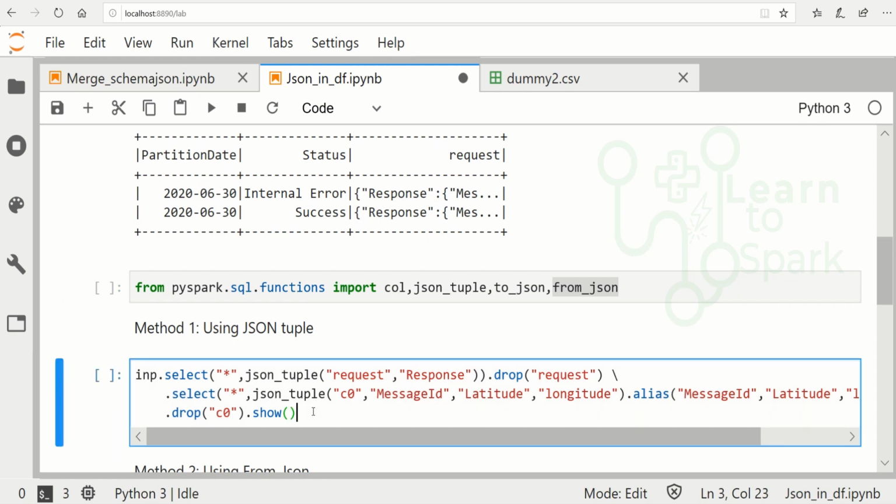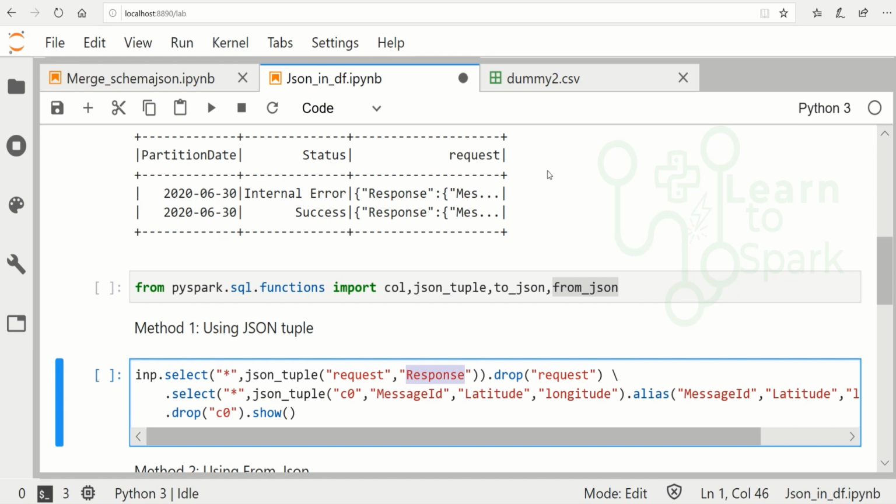Since it is a column of type string that has JSON content in it, we can directly use json_tuple. The syntax is json_tuple, followed by the column name, which is of type string with JSON format, and then the field that we need to take out.